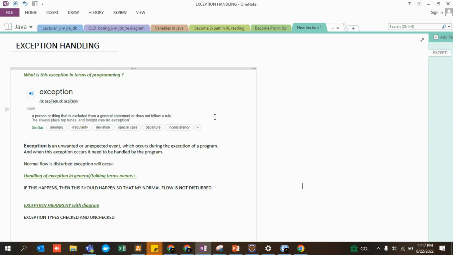Because you do not want the normal flow of the program to be disturbed. Let's say some file of yours is missing, and if you have not handled a particular exception, then your whole program will get stopped at that point of time, right? So don't worry, we are going to do each and every exception in great detail, and with the help of a demo as well, right? I'll try to wrap this session up very quickly because I do not want to waste time, guys.